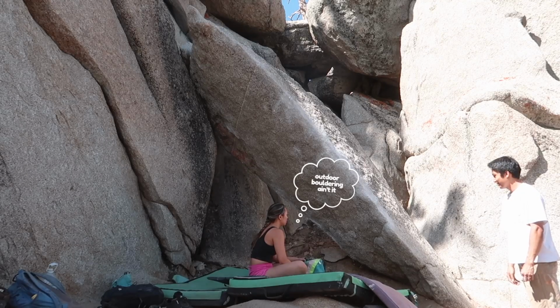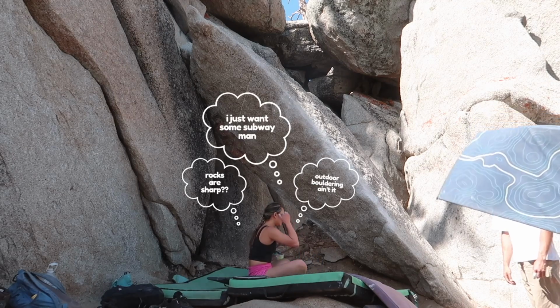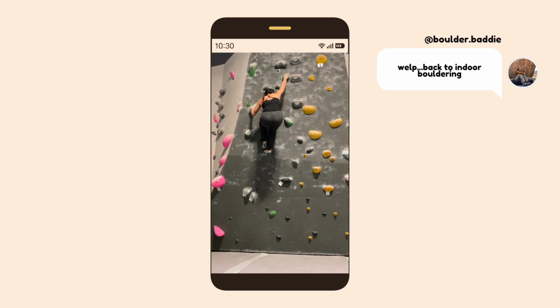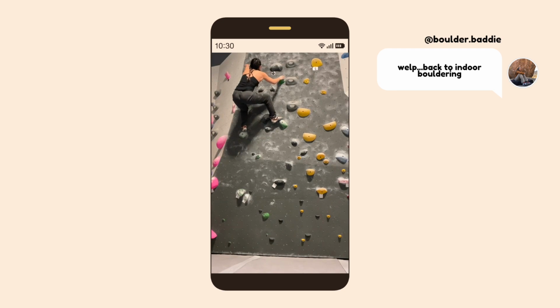I did remember leaving this trip with 3 thoughts. Outdoor bouldering was definitely not for me. Rocks are pretty dang sharp, and I really wish that I had packed a Subway sandwich. I was super unprepared for my first trip, and more importantly, I was discouraged from outdoor climbing due to my